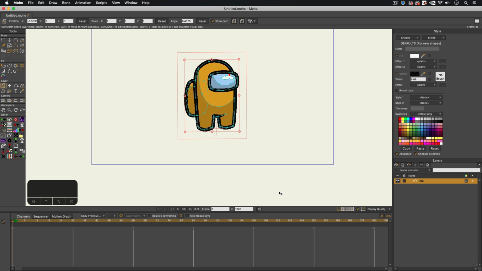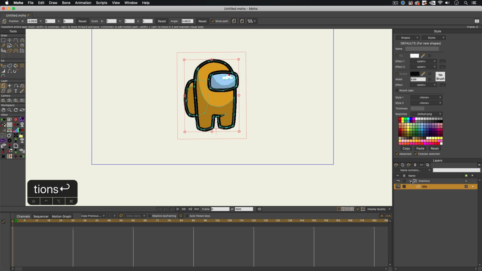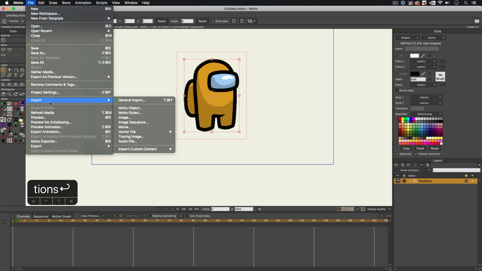Alright, so now that we've got our character idle, I'm going to put him in a switch layer because we're going to make a different set of frame-by-frame animation, basically. So we'll do switch layer. We'll call this positions. And idles in there. And then we're going to grab a couple more frames from that folder, the artwork that we got from Spriter's